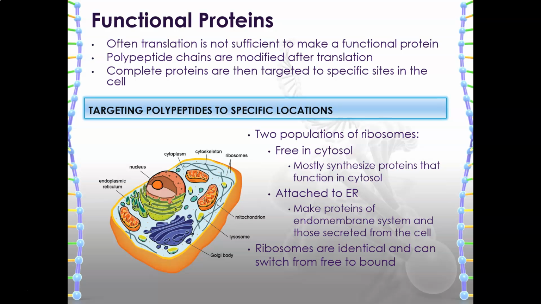If they are made on ribosomes that are attached to your rough ER, then it's more likely that those proteins will go through that endomembrane system, right? ER to vesicle to Golgi to vesicle, and then get secreted from the cell via the cell membrane, or they might get packaged into lysosomes and remain within the cell itself. A cool thing about the ribosomes is that they are identical regardless of where we find them. So the ribosomes that are in your cytoplasm and the ribosomes that are attached to your rough ER are exactly the same, and so we can move them around, switching them from free floating to bound, whatever the case might be, as the needs of that cell dictate.